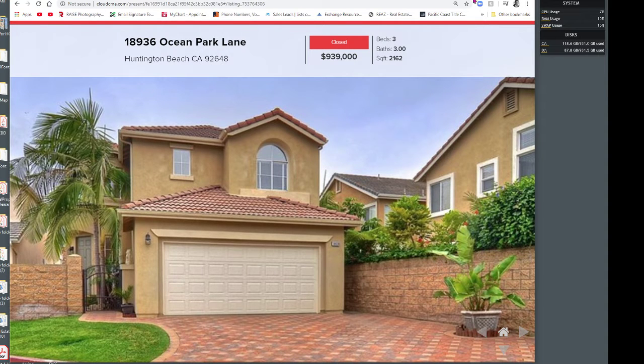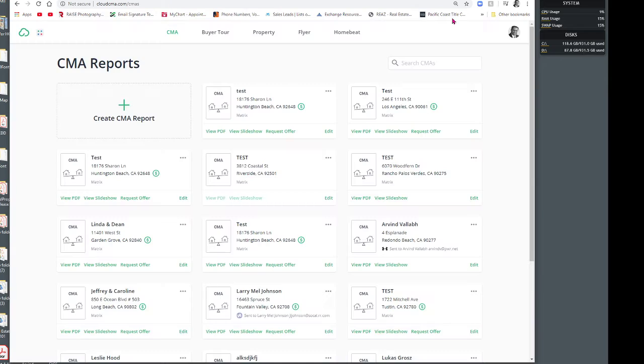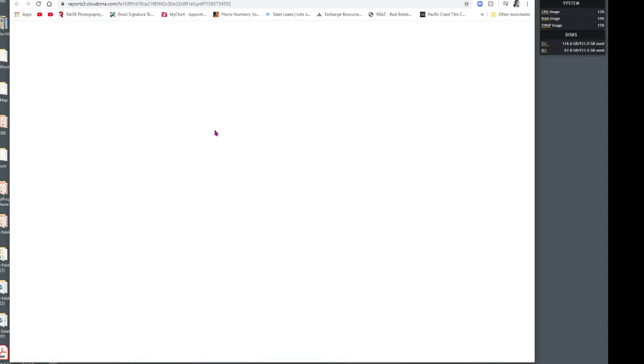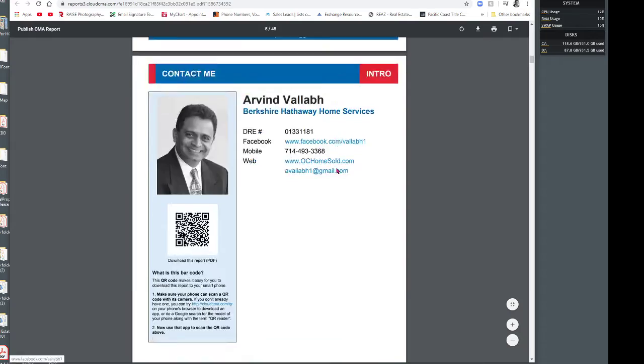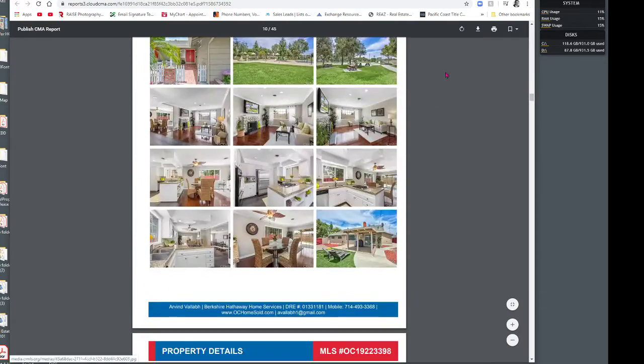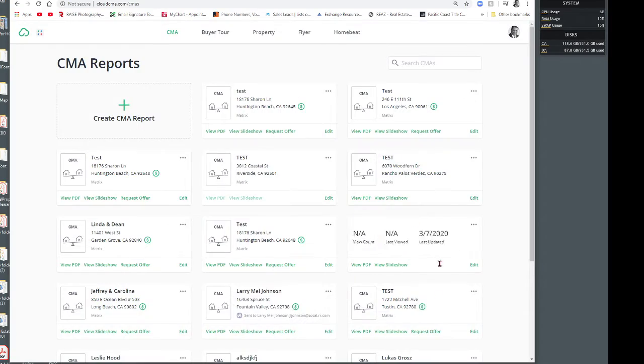And that's basically it as far as a slideshow. And you can also present the PDF version of it. Other than that, this part here, request for an offer, is to do with having investors making an offer on the property sight unseen. We'll talk about that in another